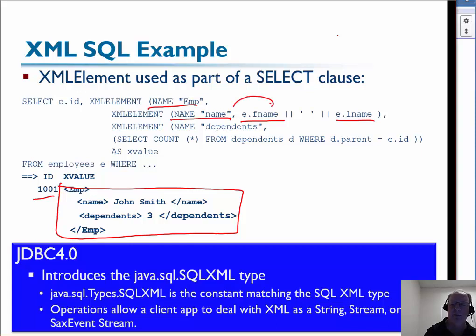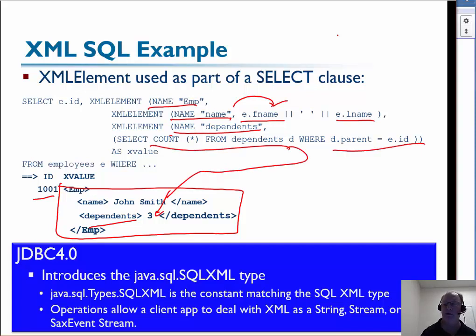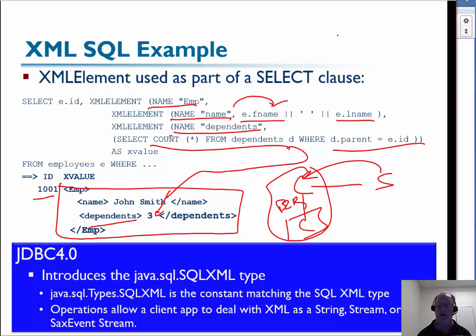All right, the name of the dependents, that's the name of the element, from the count of this nested clause, right? So it basically said this is what I'm going to return as the value of the select clause. So the server's already done the work. So if you were just going to turn around and share that, right? If your application, I just talked about client server, if you're going to send that and your client was actually working with other B2B interfaces to put together a higher order solution, it could basically ship that XML across the wire without doing any of the marshaling itself because it was already done over here. Right? And anytime the conversion is done closer to where the data is, it's going to be more efficient.